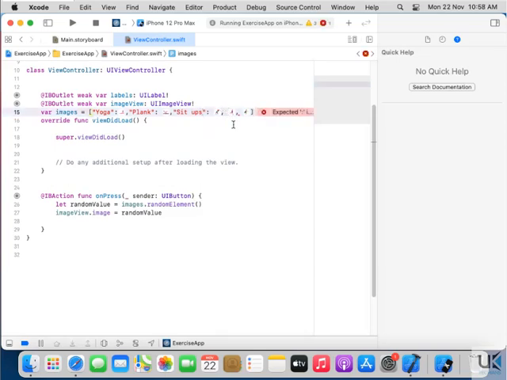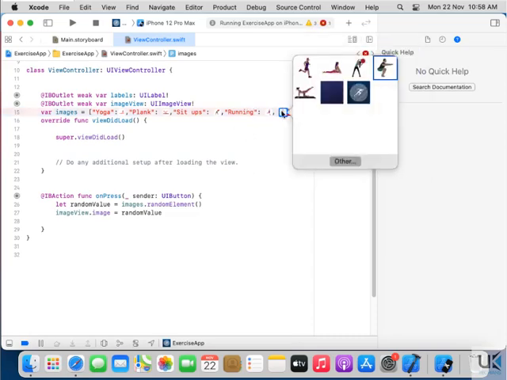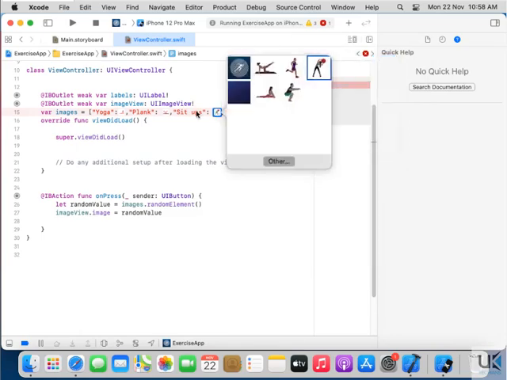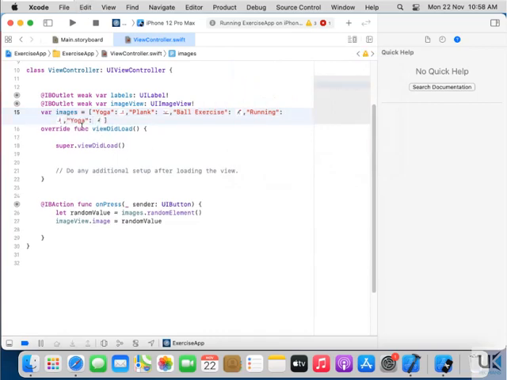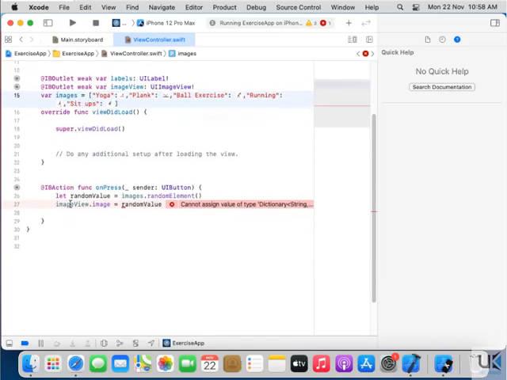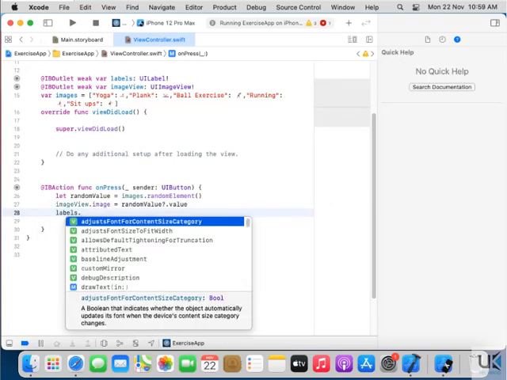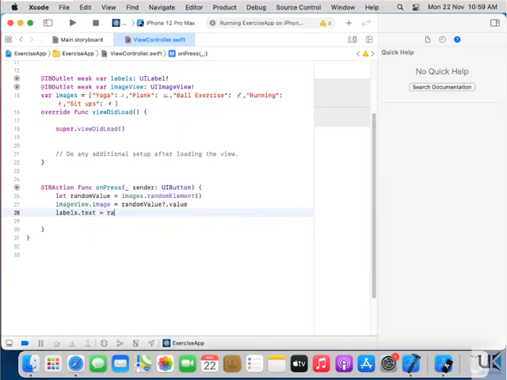This one is running. The last one is sit-ups, like this. So get the value, and for label we will just type label dot text equals to random dot